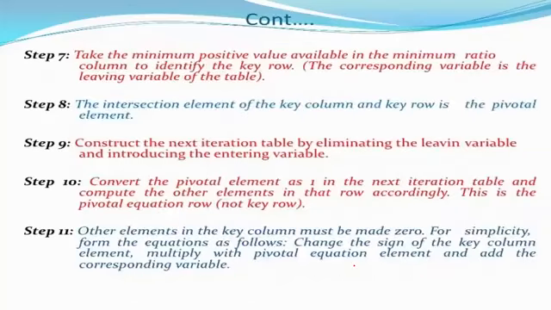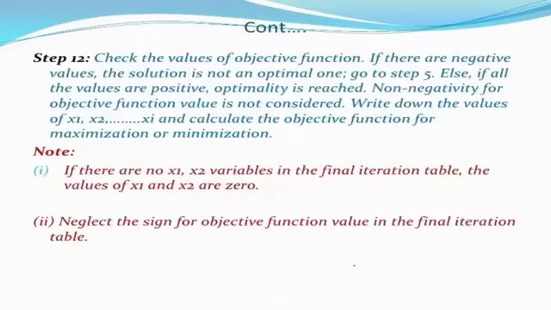And then in step 7, take the minimum positive value available in the minimum ratio. In step 8, the intersection element of the key column and key row is the pivotal element. And then in step 9, construct the next iteration and repeat it until you get all the positive answers of